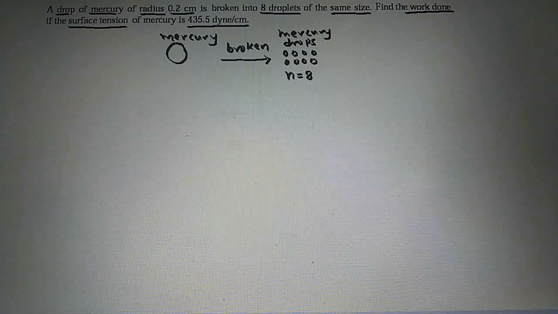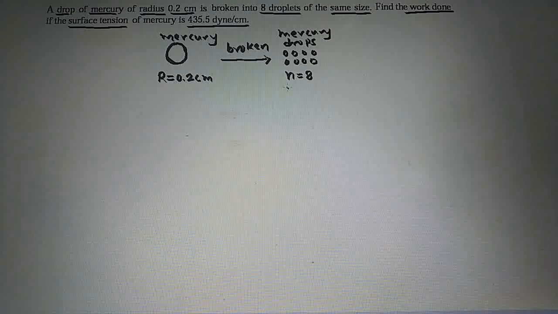So a drop of mercury of radius 0.2 centimeter is broken into 8 droplets. We will take the radius of this drop of mercury as capital R, and it is equal to 0.2 centimeter,